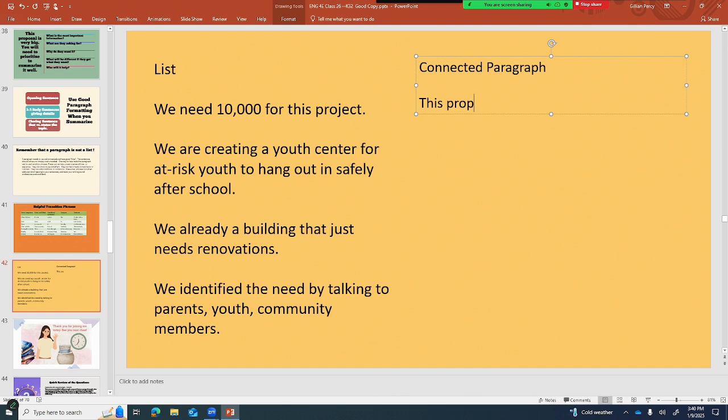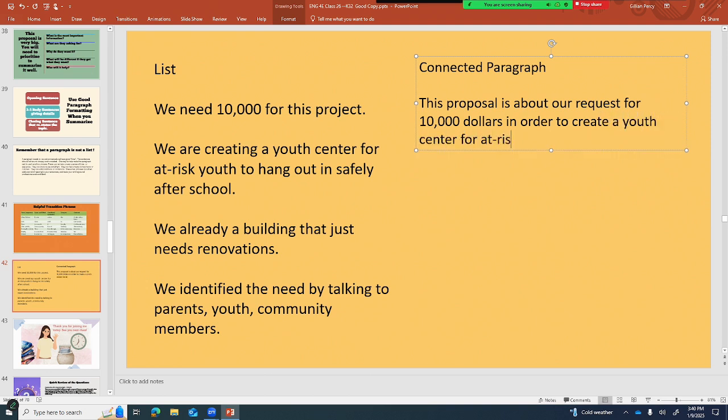This proposal is about our request for $10,000 in order to create a youth center for at-risk youth to hang out safely after school.